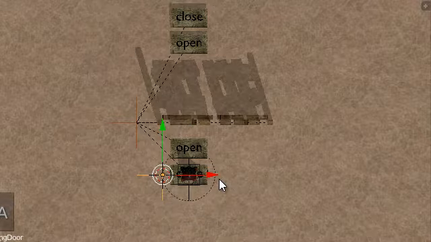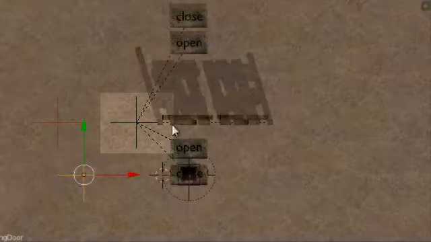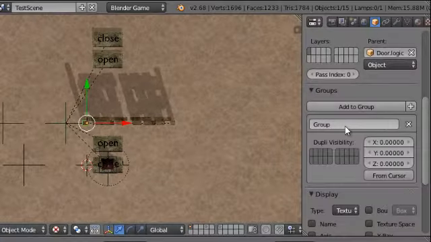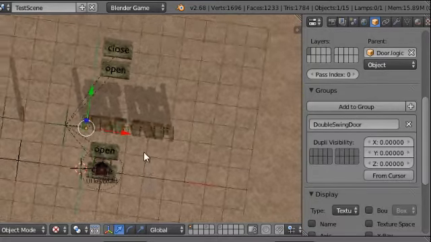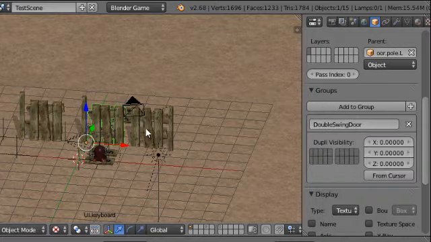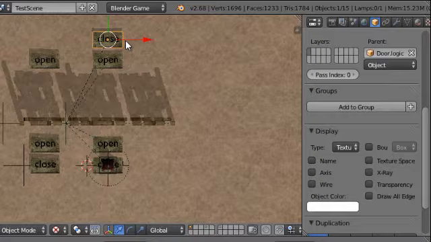Currently the group consists of the door control only. That is the reason why we just see an empty. It is dark orange, while the instance is bright orange and the group objects are green when selected. Let's turn the other parts of the door green by assigning them to the same group. While editing, you see the freshly assigned objects appear magically in the instance as well. I speed this up a bit and back to normal.